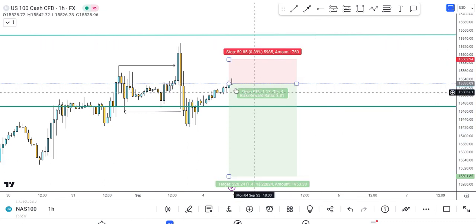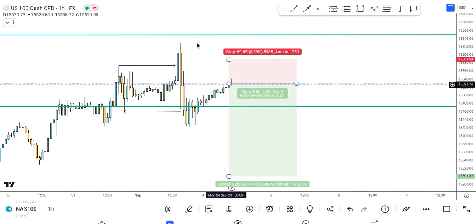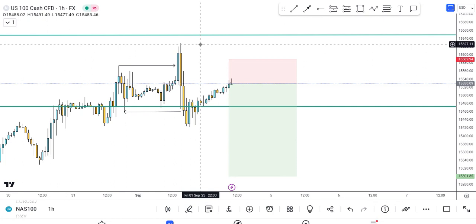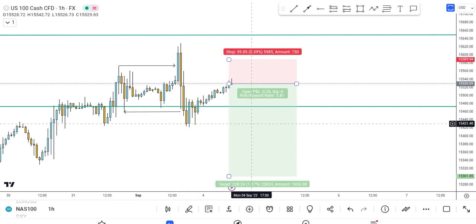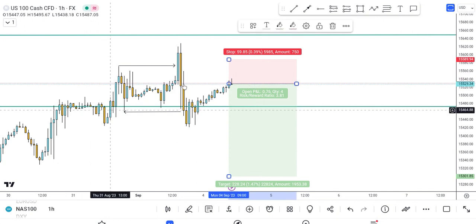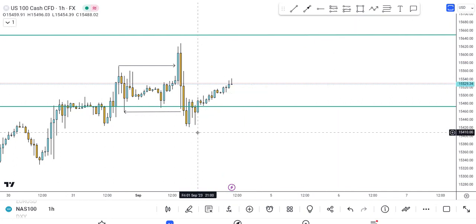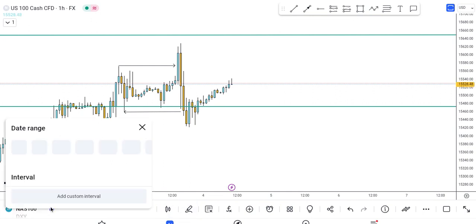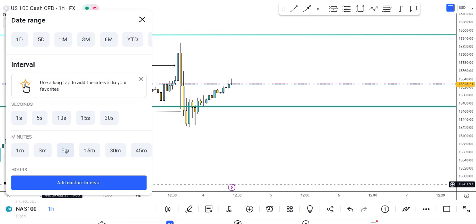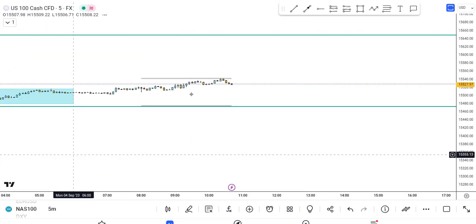So now also if you sell from here, you put your stop loss at the top here. But basically for me, I always like to move on to a 5-minute time frame to look for a setup where it confirms this structure again. So now let's move down to a 5-minute time frame. You can also use a 15-minute time frame. So now moving down,